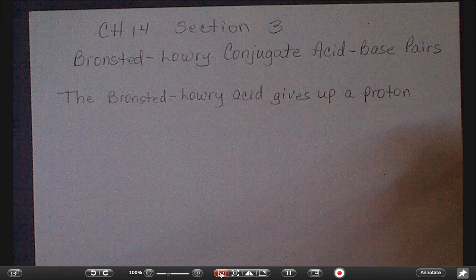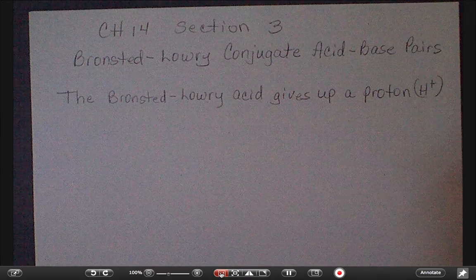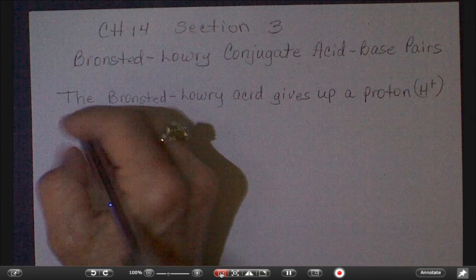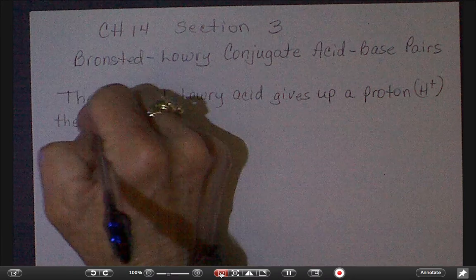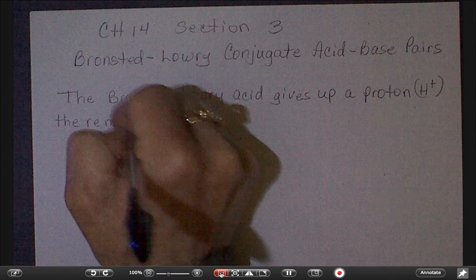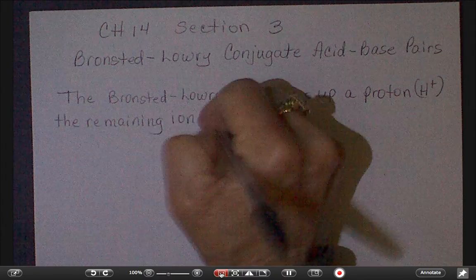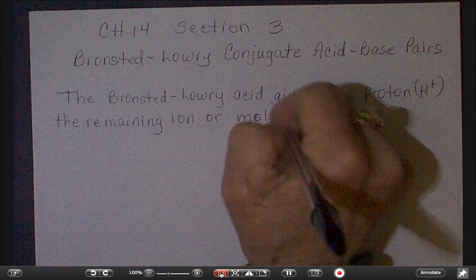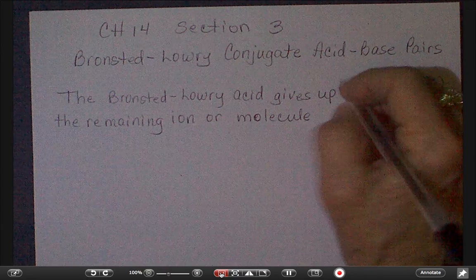H plus. You must get that in your brain. The remaining ion or molecule can re-accept